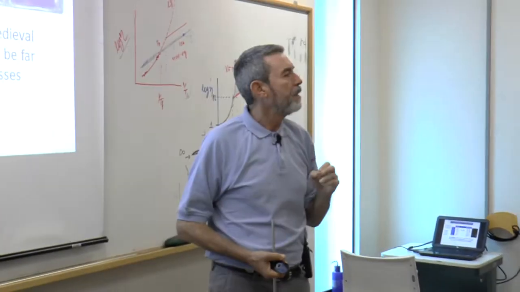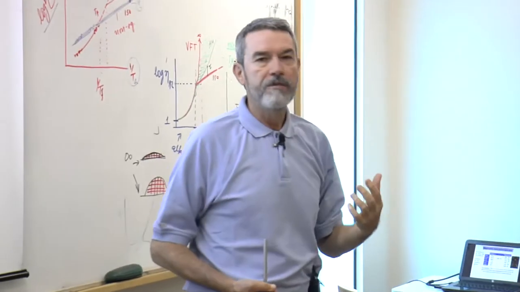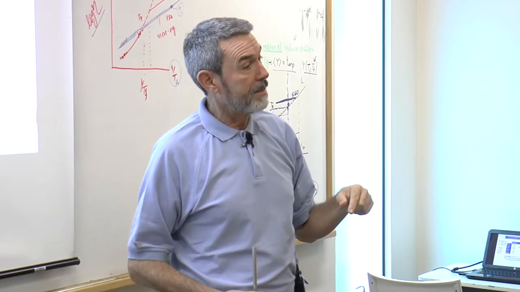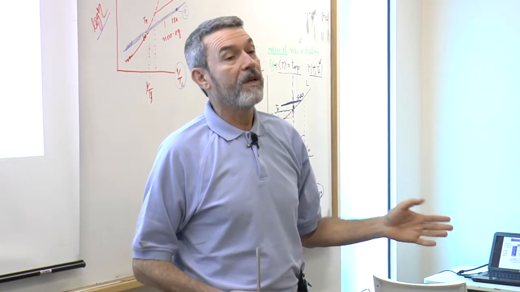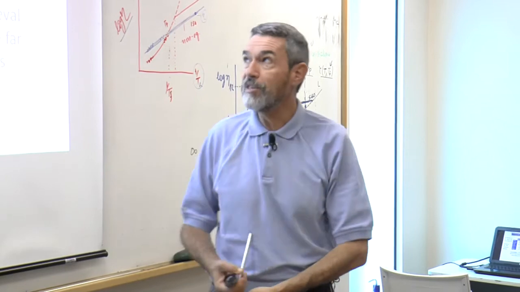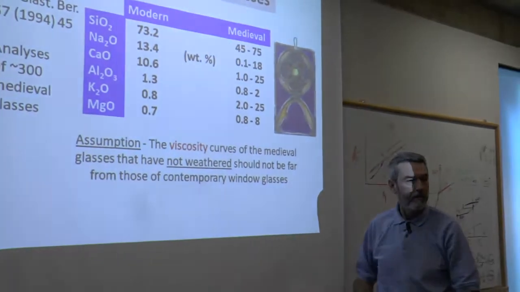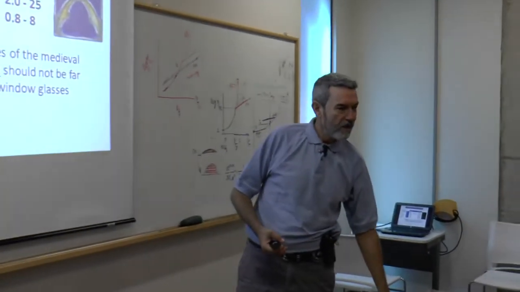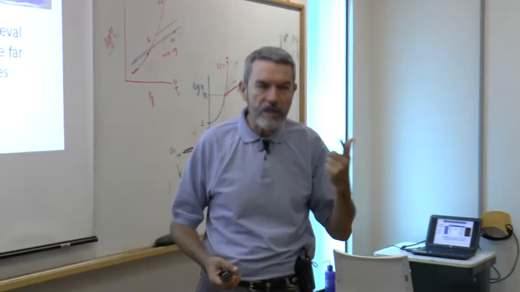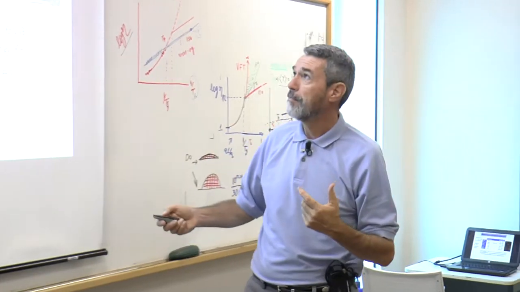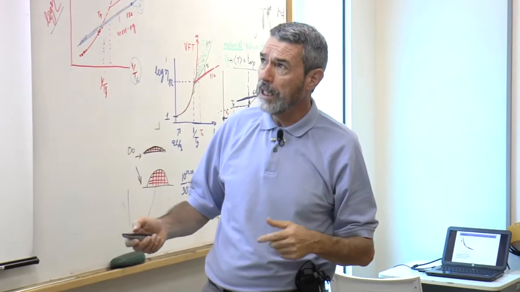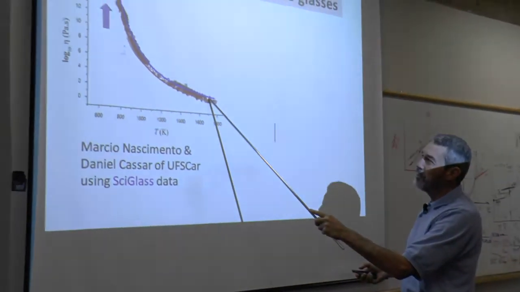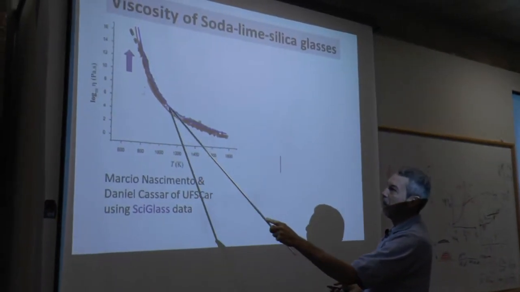They would not be adequate for cathedral glass. So the cathedral glasses that survived for 1,000 years must be similar somehow to these, more or less. Otherwise, they would not have survived. With that rationale in mind, which took us some time to realize, we looked for many data points for modern